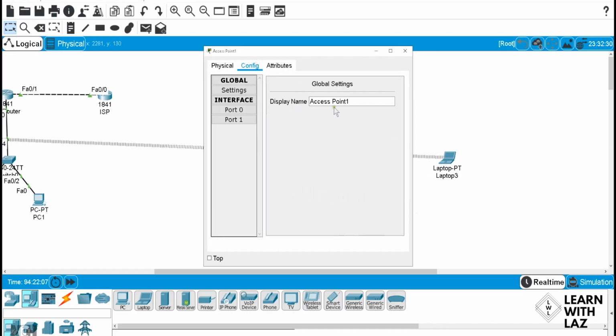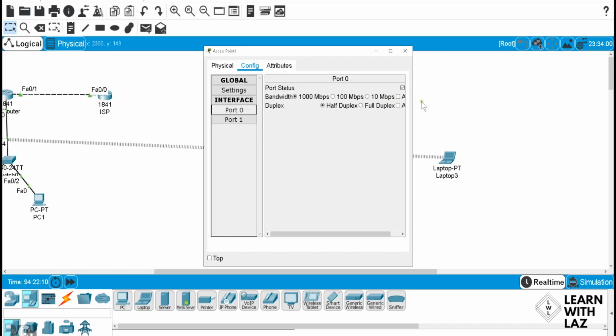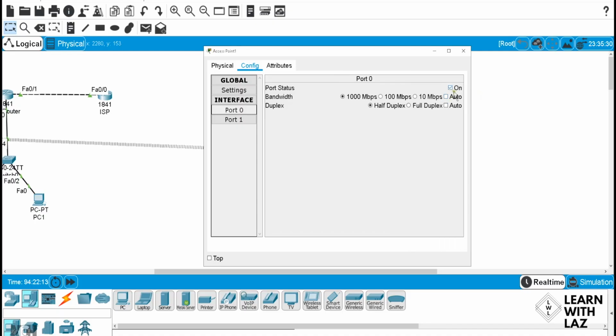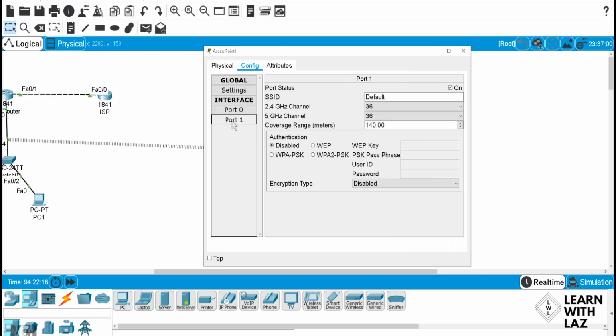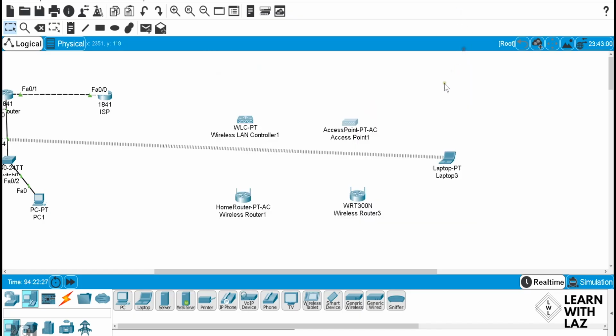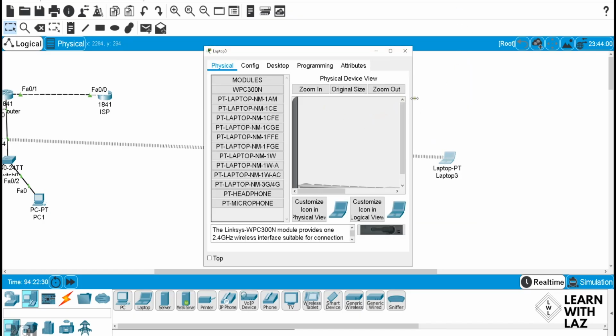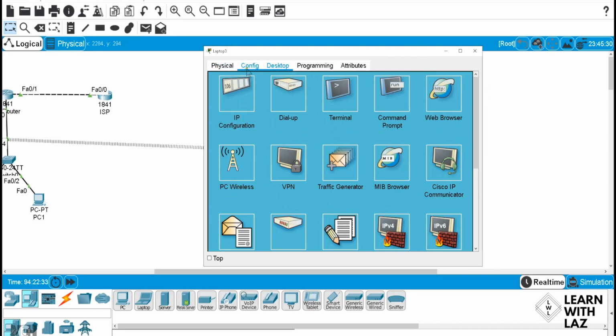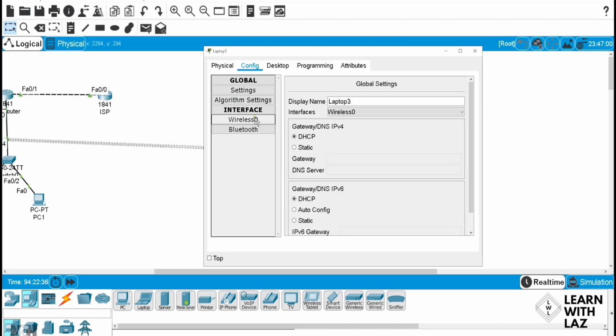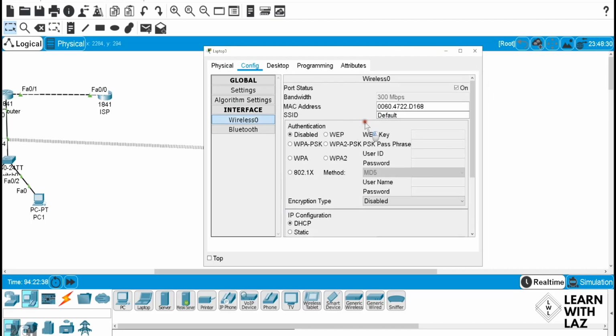Okay, access point 1, port. Let's see here. Port 0 is on. But these are the actual interfaces that you would connect to. You see the SSID here is the default. Well, we can change that. Let's call it LAS. And let's go into the actual laptop, to Wireless 0. And the SSID, which is the service set identifier. When we get to the labs, this is just to show you LAS. So based on what I just put here,